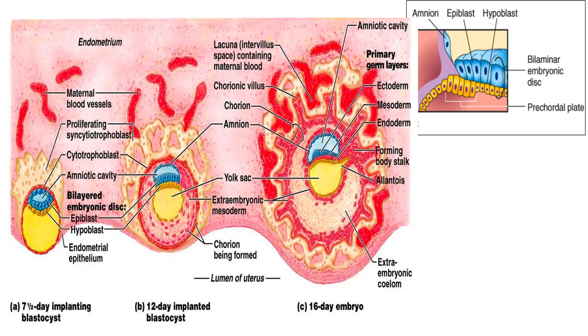Day 12, you can see that we have the primary yolk sac. Look at the size of the yolk sac, it has reduced, so now it is called a primary yolk sac. And then you can see the surrounding red area, which is the extra embryonic mesoderm, which will soon split into two. In the third diagram, day 16, you can see some of the mesoderm are surrounding the embryo,